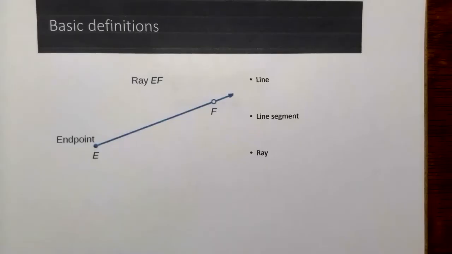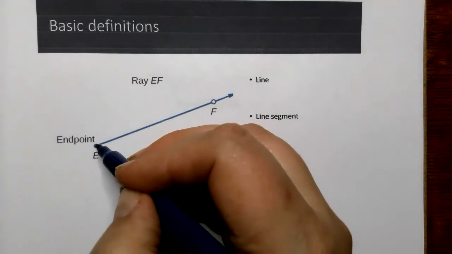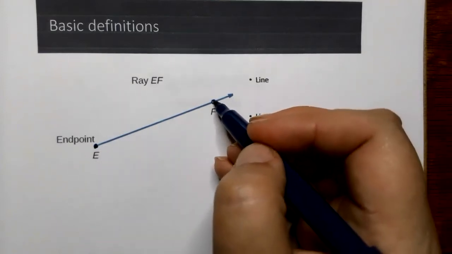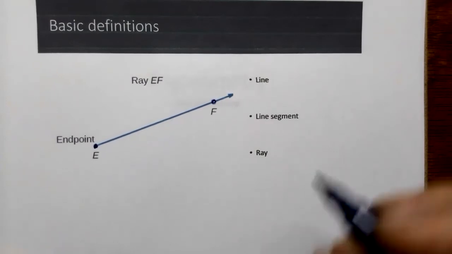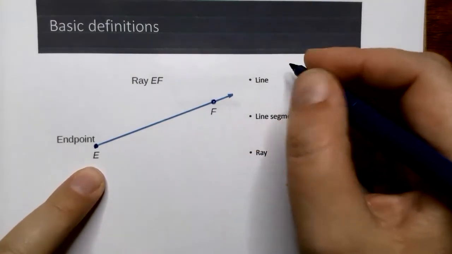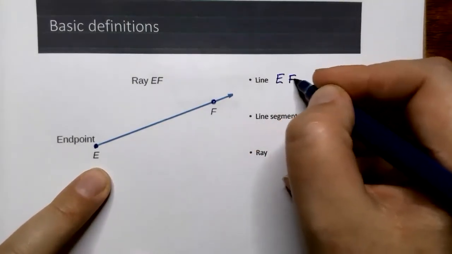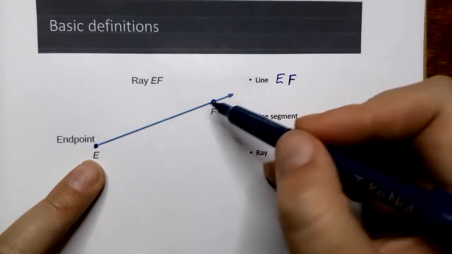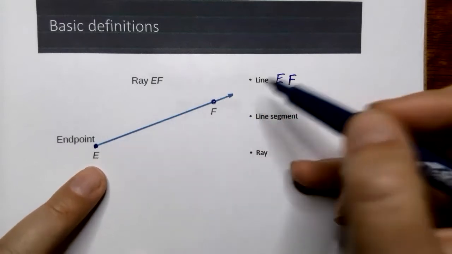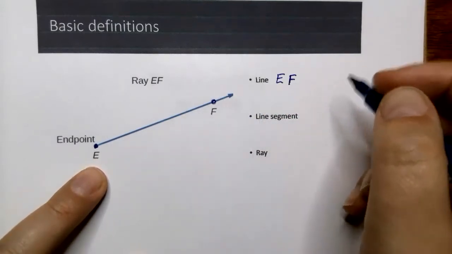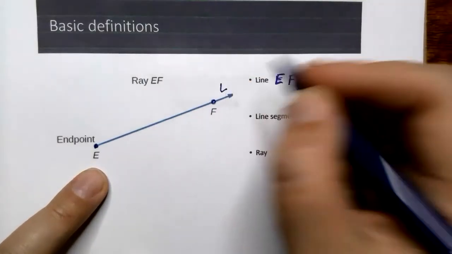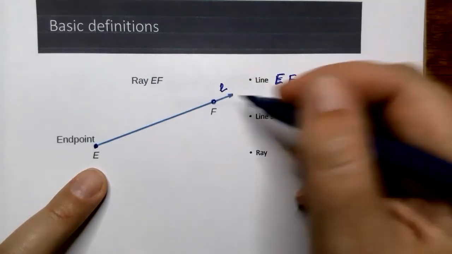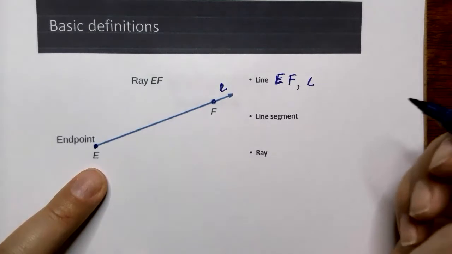So let's start with our basic definitions. The first thing to note is that 2 points will define a line. There's only one line that can go through 2 specific points. And lines are usually denoted by the name of 2 points that this line goes through. Actually, it's not the most common way to denote a line. A lot of times we can just use lowercase letters like L or M or K